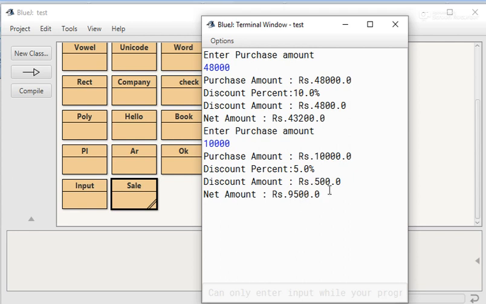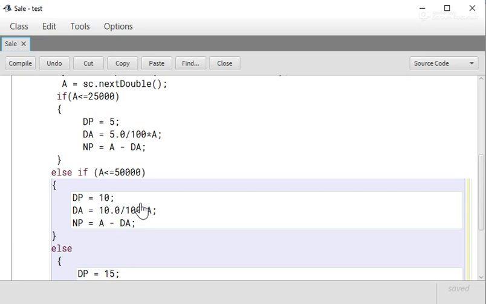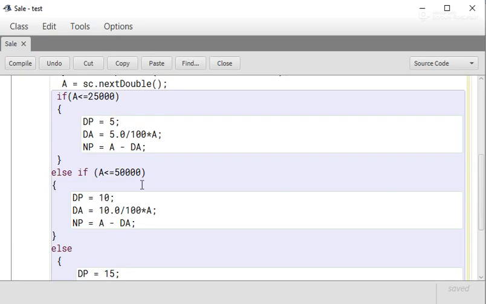9,500. In this way we can see that by using an if-else statement we can achieve one work out of many. So the work of if-else depends on its condition. Here many conditions are given. If amount is less than 25,000, then this statement will run.